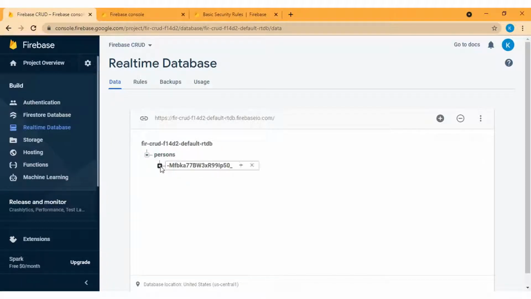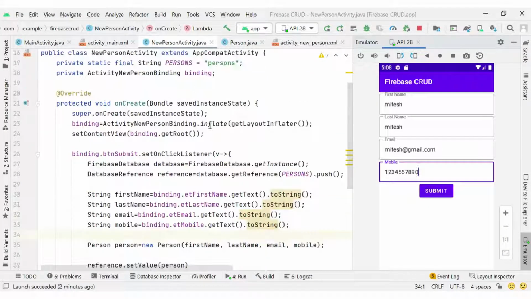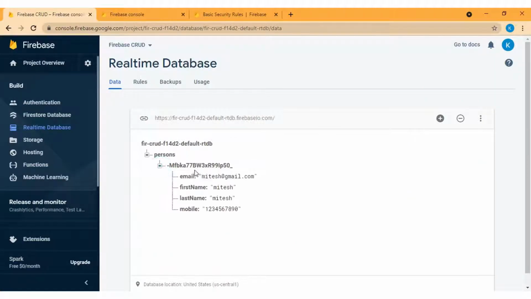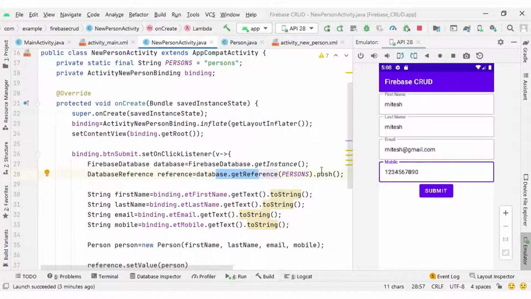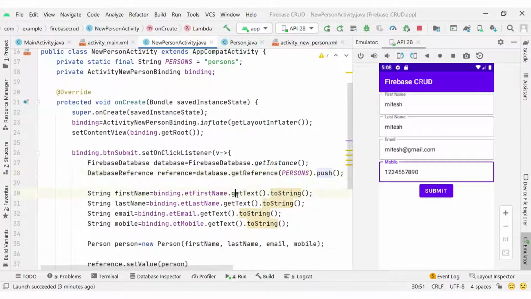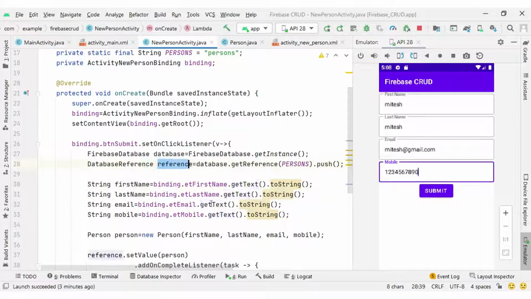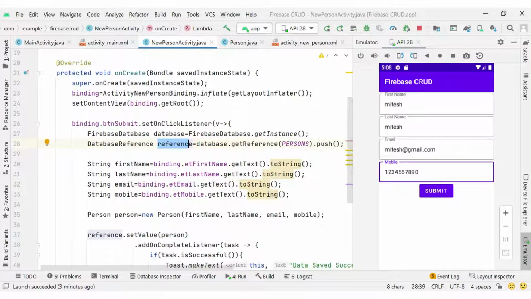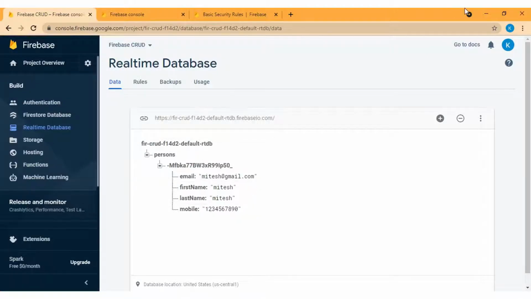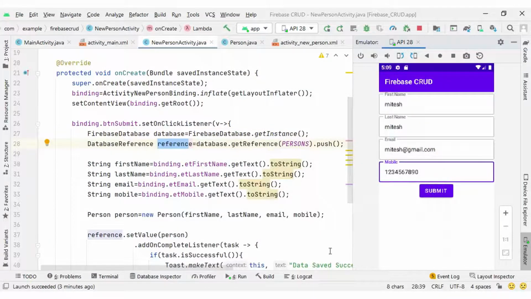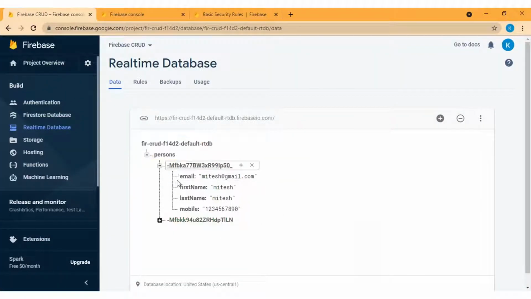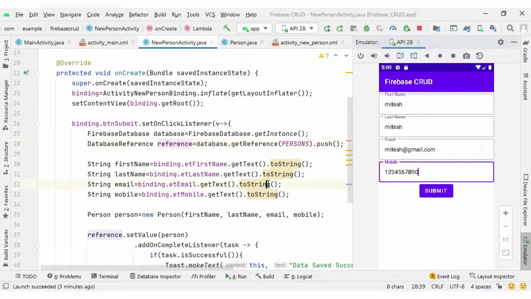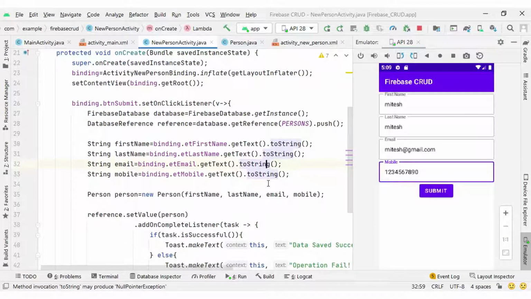Yes, you can see here we have persons, as we have set the path here, persons. Okay, with our database get reference, and inside persons we have a key, and we are getting this key because of the push method, and inside the reference we are passing the person object. So the person object we have here, and if you click multiple times then you can find multiple person objects here, because the push method will generate a unique key every time you call that method. Okay, so we have a number of persons here.